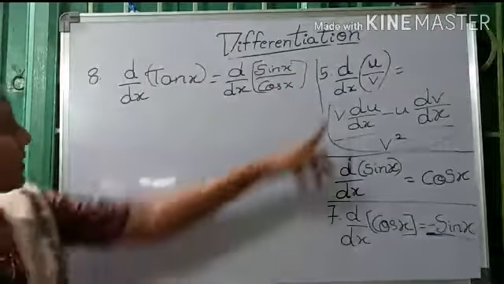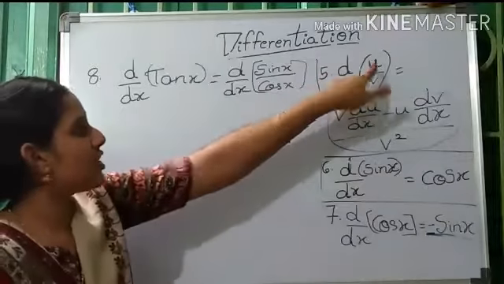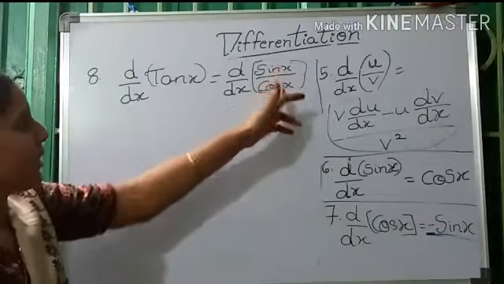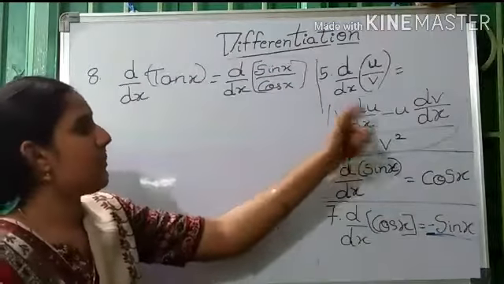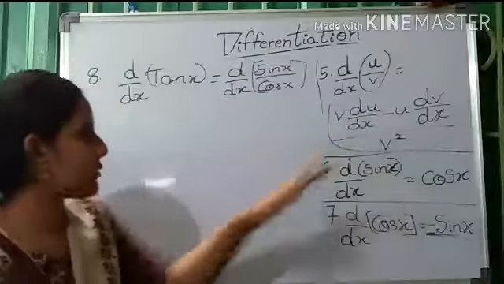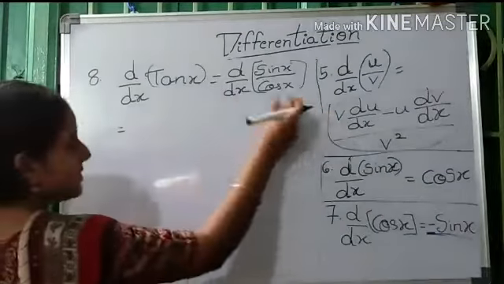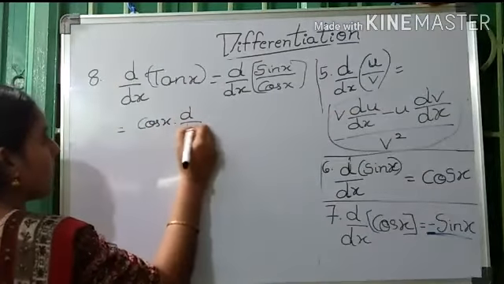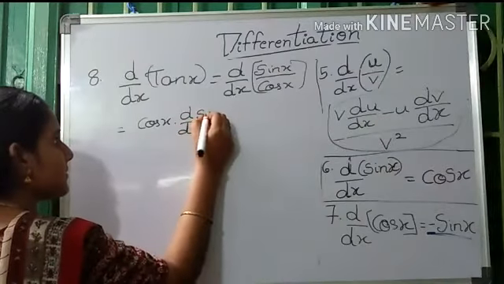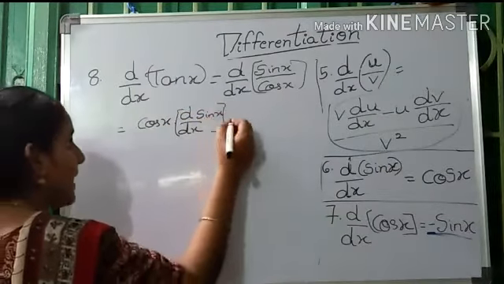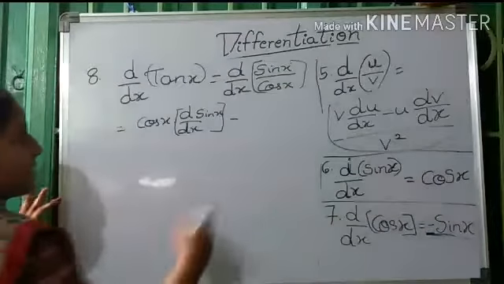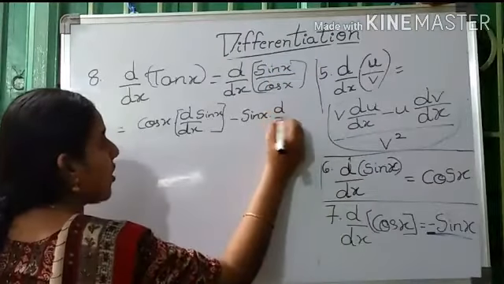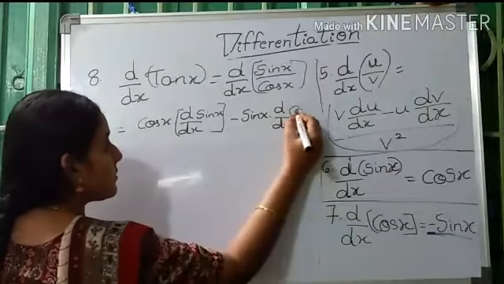So it is in the form of d by dx of u by v, where the function u is sin x and the function v is cos x. So d by dx of u by v is equal to v du by dx minus u dv by dx by v square. That is v, cos x, into du by dx, that is d by dx of sin x, minus u, that is sin x, into dv by dx, that is d by dx of cos x,